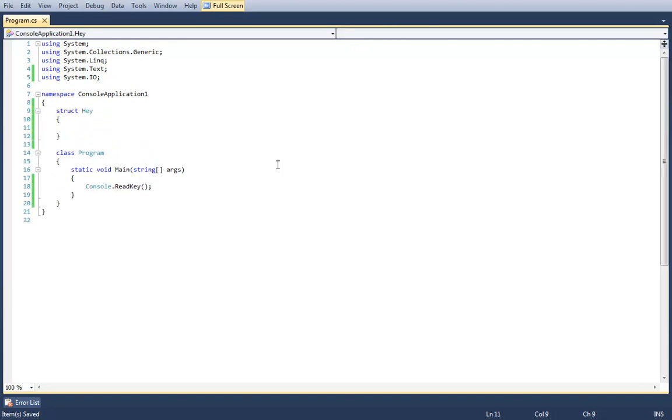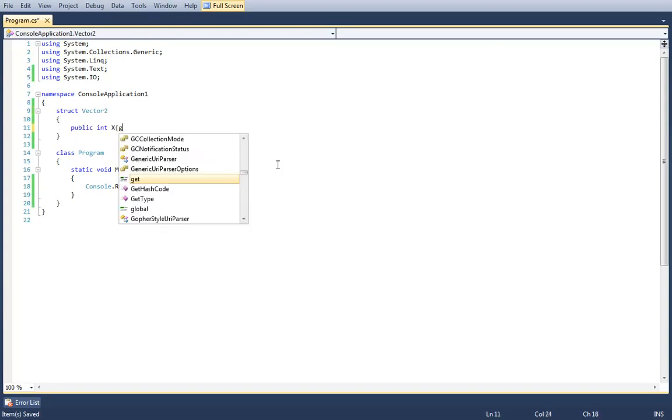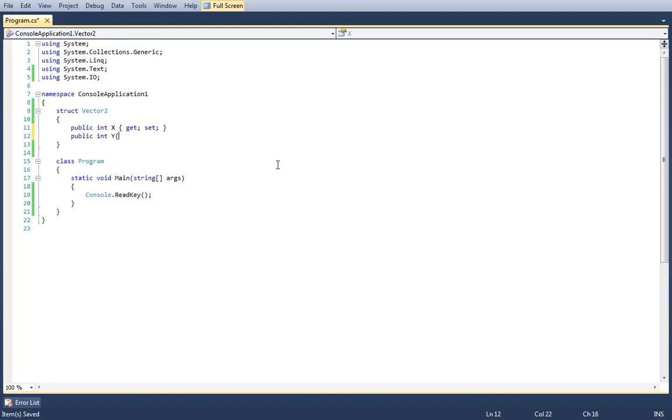Structs are interesting. They have many limitations, though they do have some interesting aspects to them. So let's go ahead and talk about them. If I create a struct called, let's say, vector2, with public int x, public int y, let's talk about the first limitation of structs. I would ask everybody to type out the constructor of what this struct constructor should be, but I don't think anybody will get it. It's a trick question.